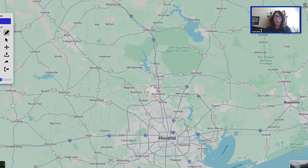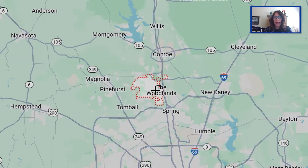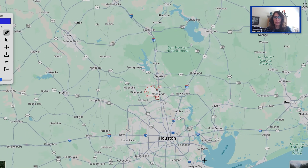So let's get on with our little tour today of The Woodlands. Okay, so here we are in the map. And this is The Woodlands. It's highlighted for you here. And this is obviously the downtown Houston area. Galveston's down here, and you have Conroe here. Out here, you're going to have in relationship to